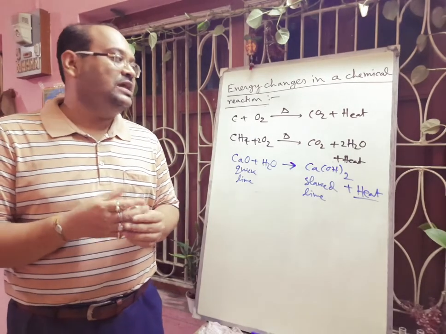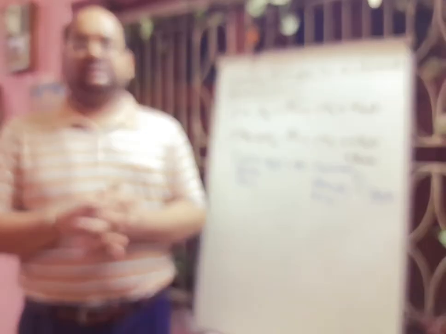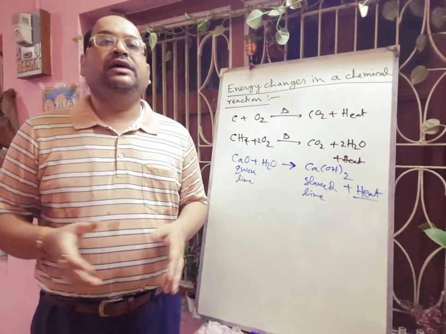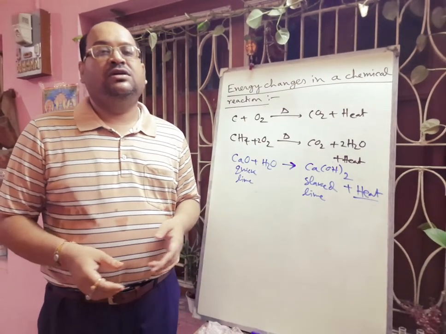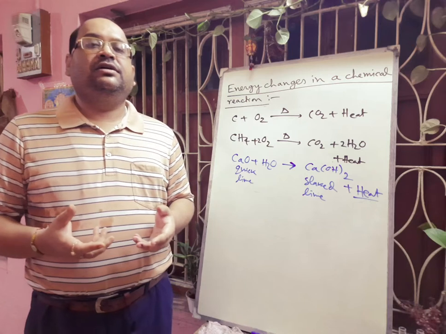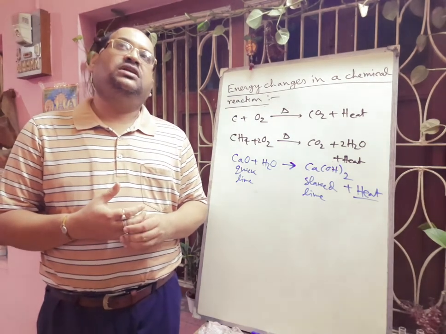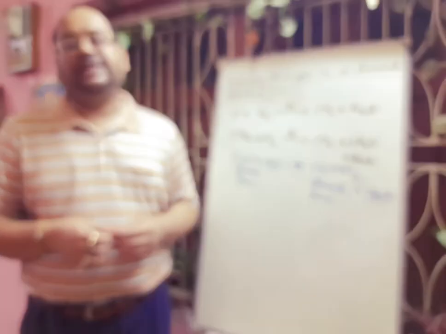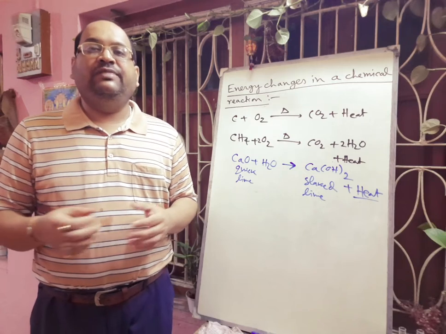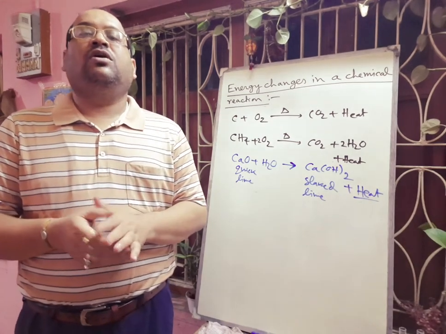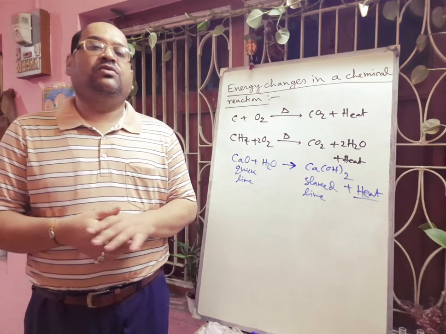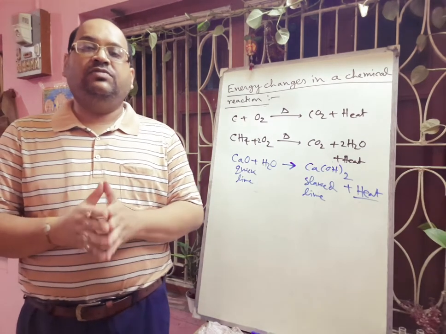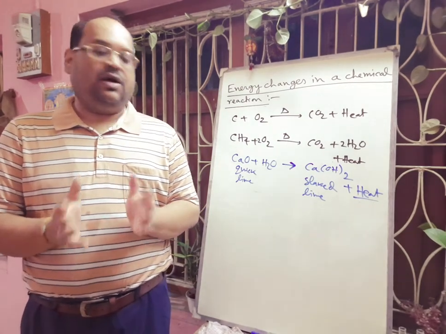Suppose you can think about the burning of hydrogen gas. In your practical there is identification of hydrogen gas. So how to prepare hydrogen gas? If you take any active metal, if you take granulated zinc, if you add some dilute mineral acid, like dilute sulfuric acid, then it will produce hydrogen gas. And if you burn this hydrogen gas in presence of oxygen present in air, then there will be formation of water, as well as that hydrogen gas will burn with a blue flame, and there will be formation of a pop sound. Now I am showing this thing.